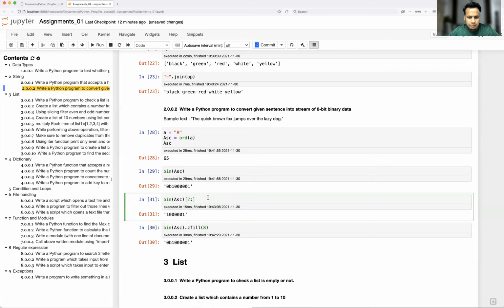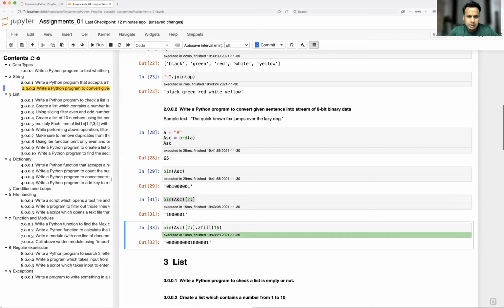Now under this, I am going to fill with 0. So apply zfill with 8 bits. Okay, so now you see here one extra 0 is appended. If you want to maintain 16-bit data, just add 16. It will prepend all zeros for the given output, by maintaining the length as 16. Okay, so that's how you are going to solve it. So this is the basic.